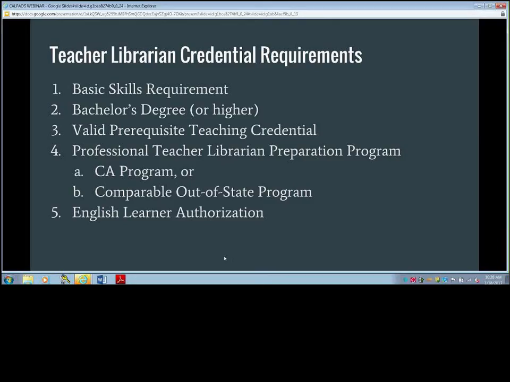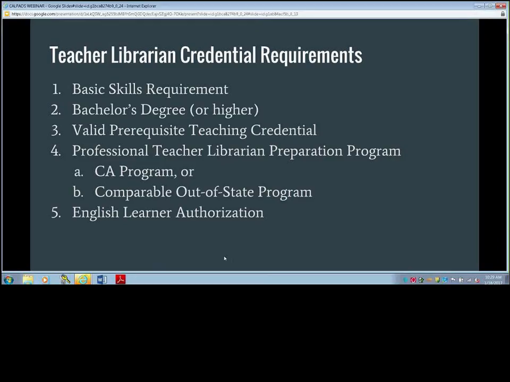And so now we're looking at just a little rundown of the credential requirements here. So you have the basic skills requirement that everyone has to complete. Typically that's done through the CBEST here. If you're an out-of-state educator, the most common one you'll see is the Praxis PPST. They will need a bachelor's degree along with every other credential that requires a bachelor's degree. This will have to be earned at a regionally accredited institution.